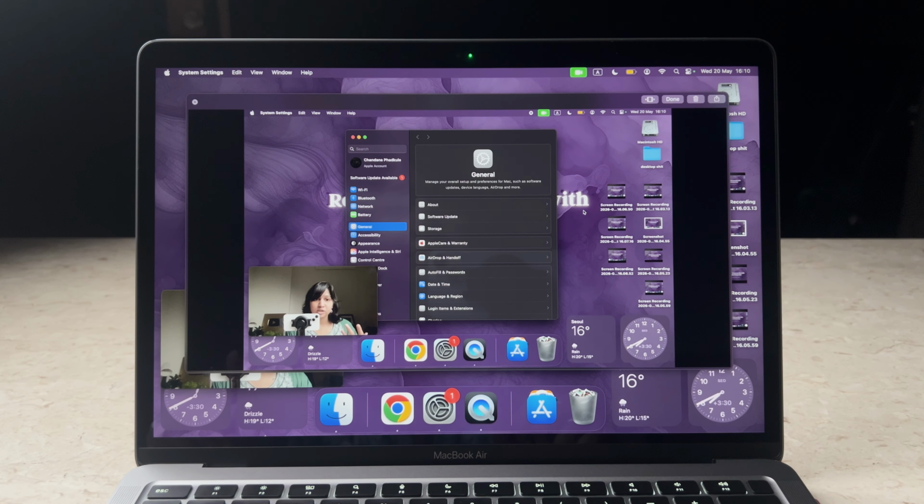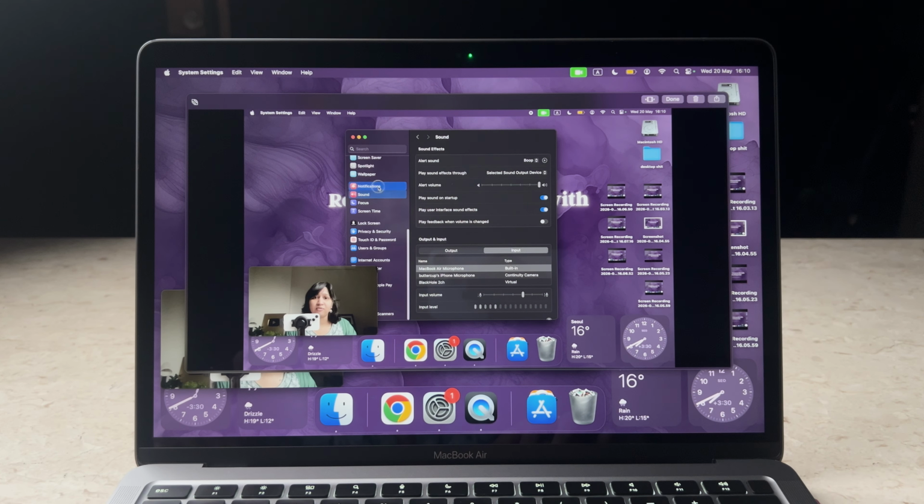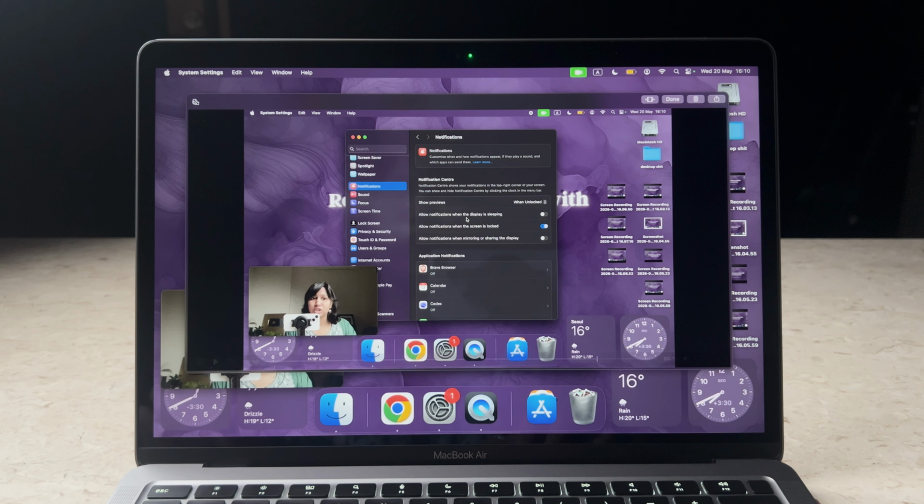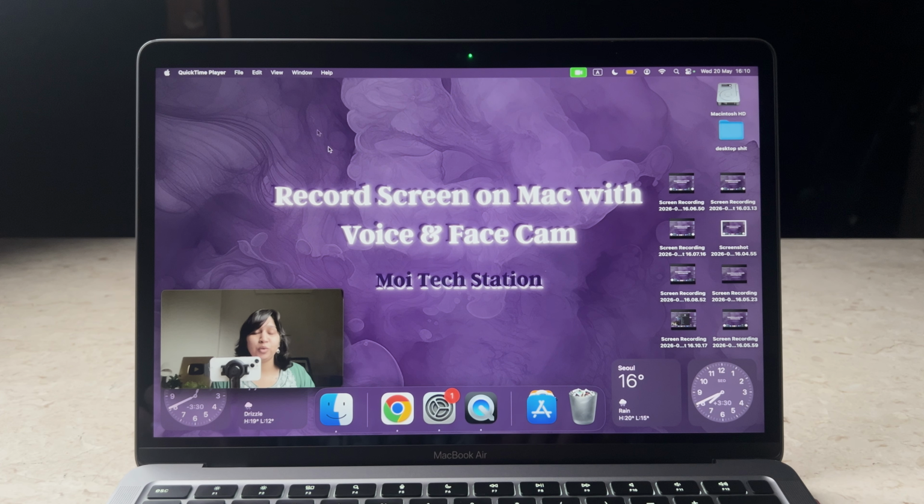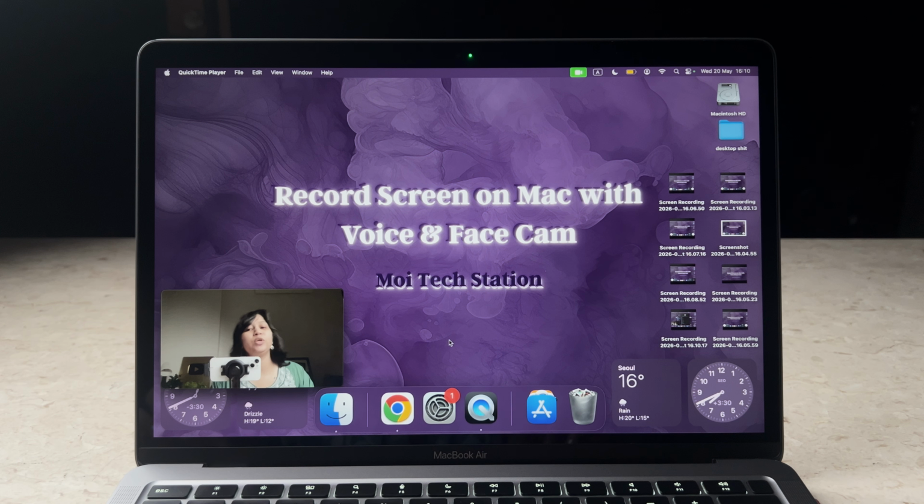So my voice is also recording because I've selected the microphone. There is a screen recording happening in the back. If I change anything from here, these changes are seen. So, well, that is how you can record your screen on your MacBook along with your voice and your